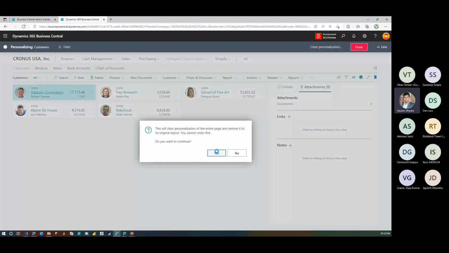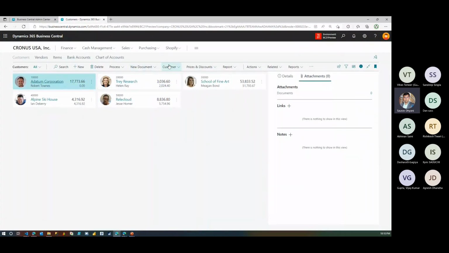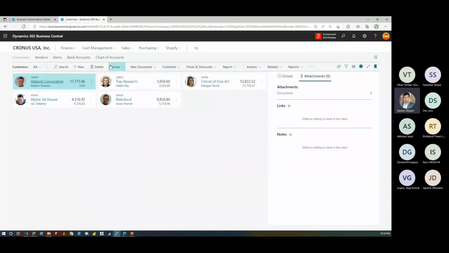The other thing on this is, if you have worked on NAV, you will see that this action of submenus is now re-added into Business Central. This was lost for a while, but this menu of submenus is part of it. And they have also tried to group things where it makes sense. So new documents are now all grouped based on whatever is available for them. But then you can also scan them into some other menus